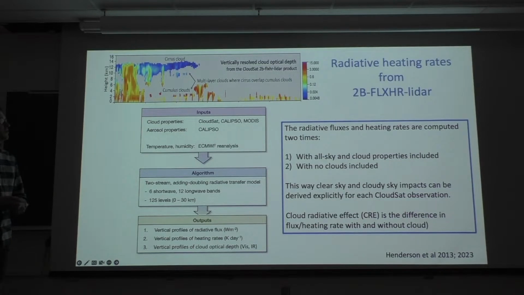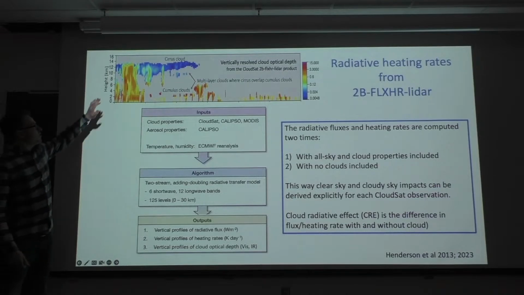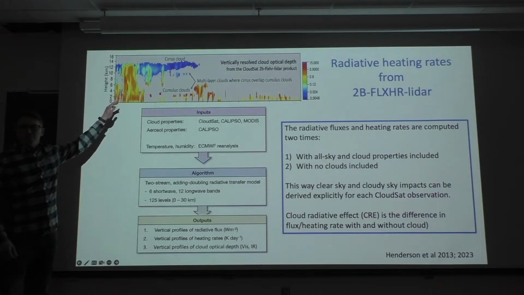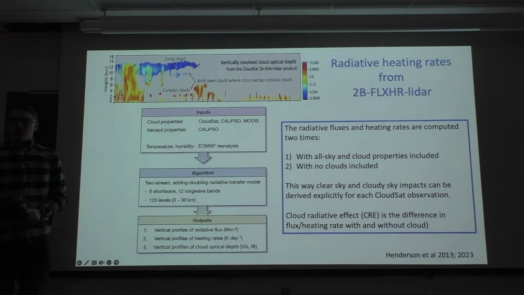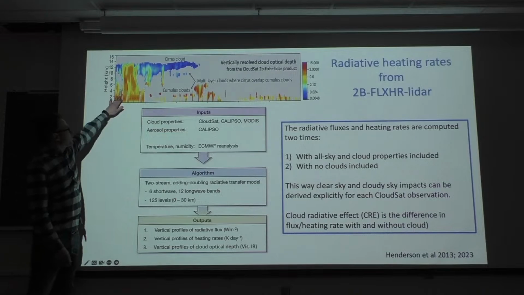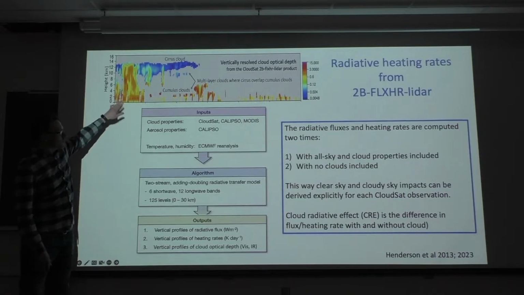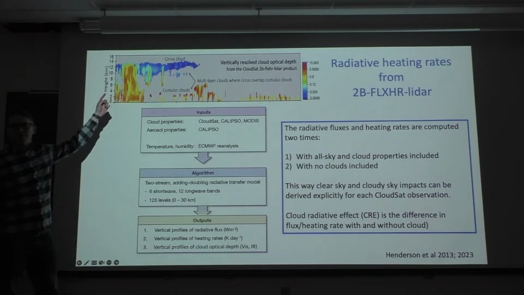For radiative heating, we're using the radiative heating rates from 2D Flux Heating Rates LiDAR from CloudSat. In general, as I mentioned, we can use combined information from the Calypso LiDAR and from CloudSat to derive the location of clouds within the atmosphere. So in this top panel, we have some output from Flux Heating Rates LiDAR of the vertically resolved optical depth product